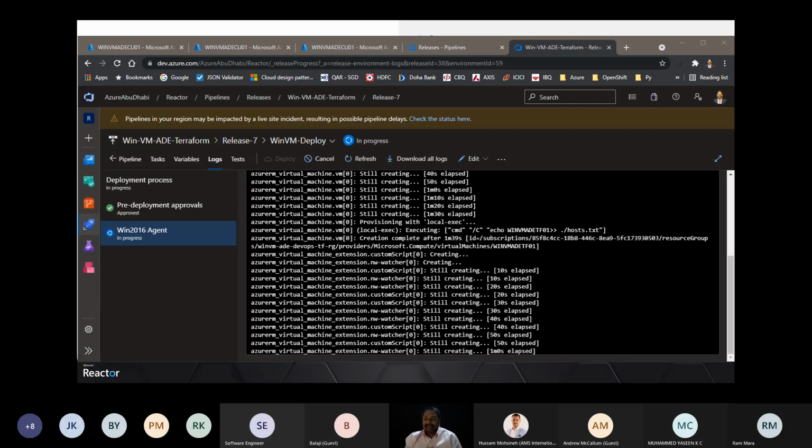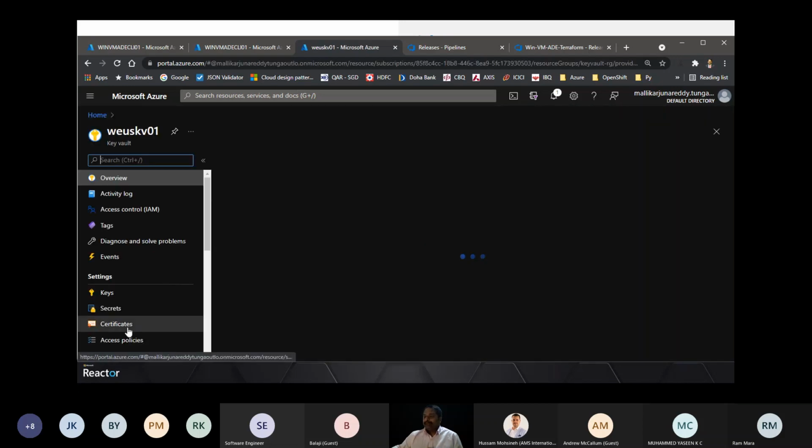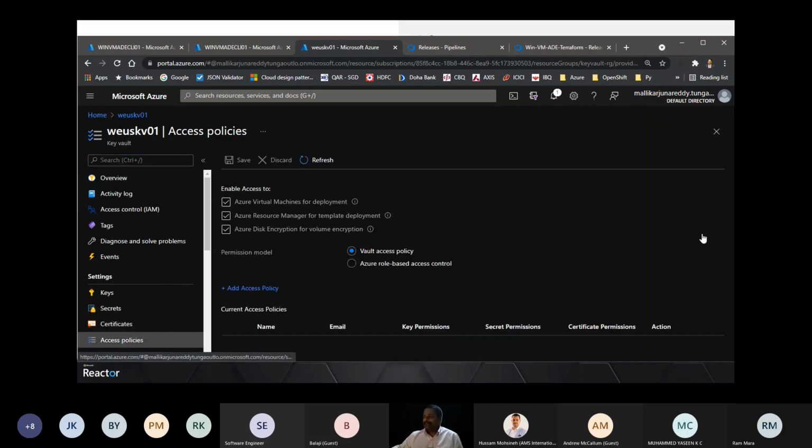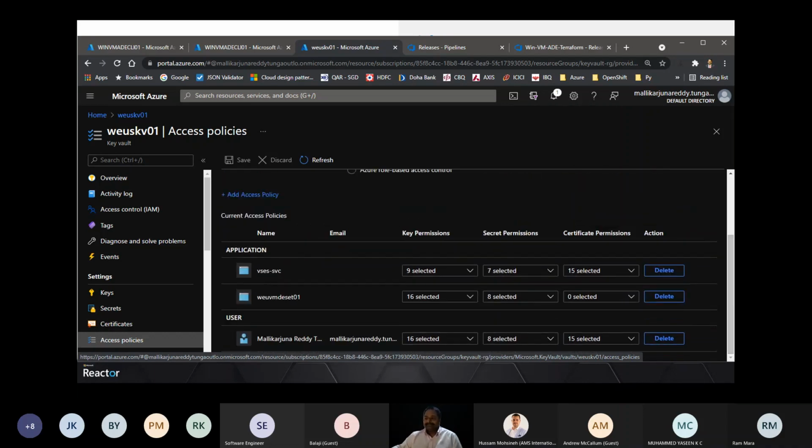You can limit your application when you go to the key vault and access policies. Let me go there. You can limit your access policies. You can provide access to an application or a user, like this, right? So you can safeguard your key vault. Okay, then let's go to the next question.